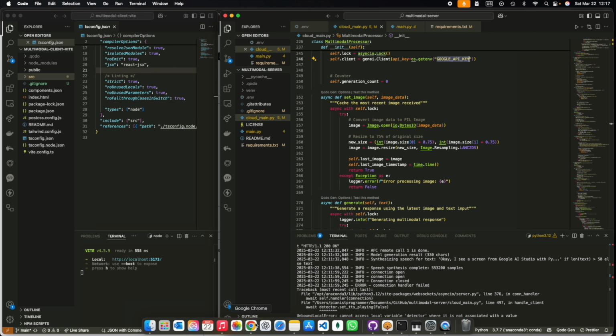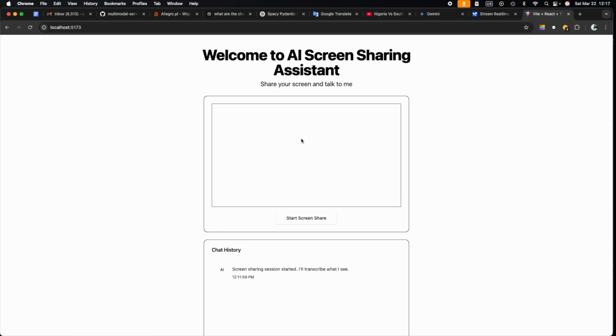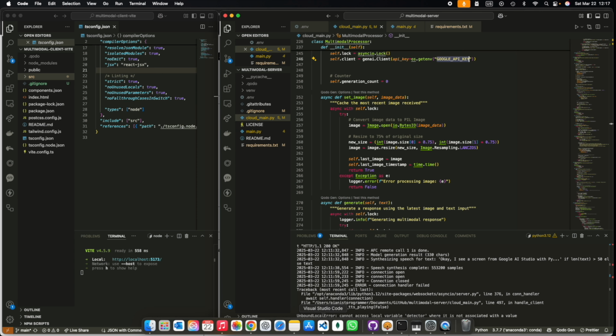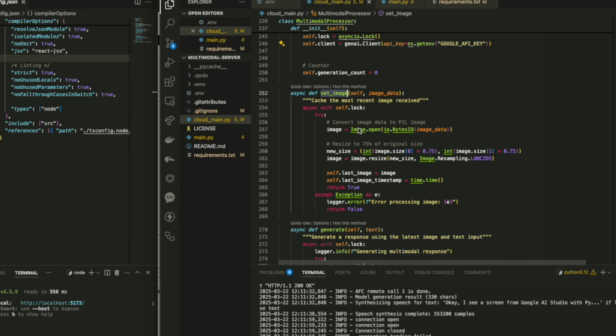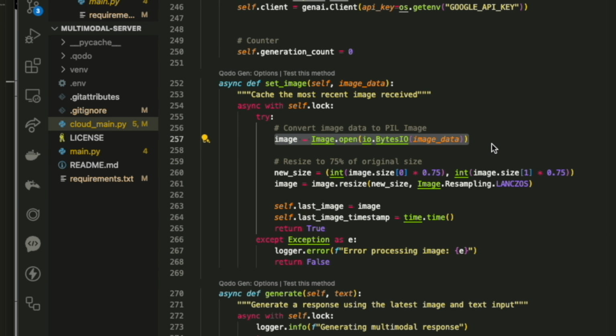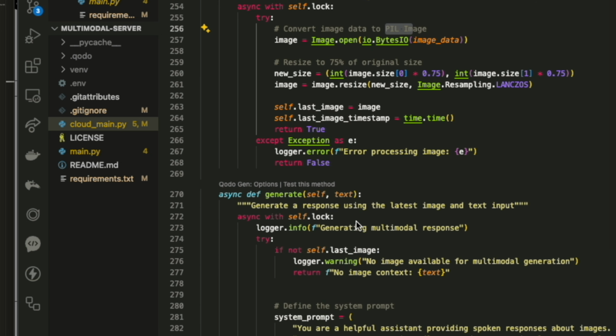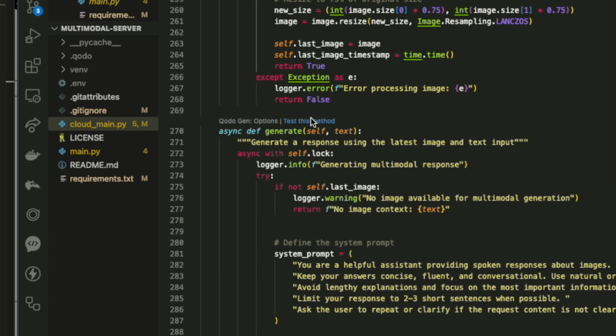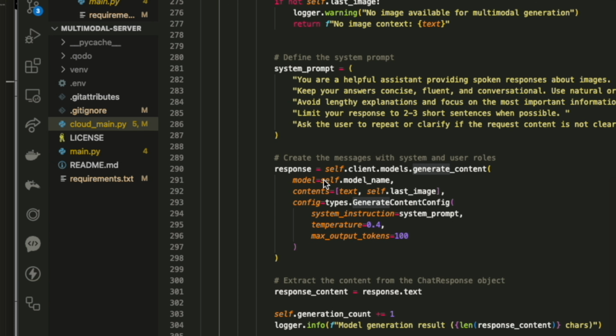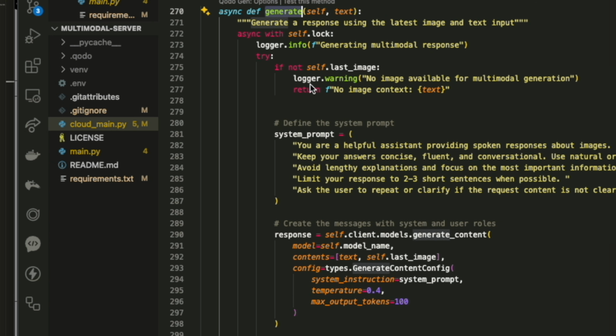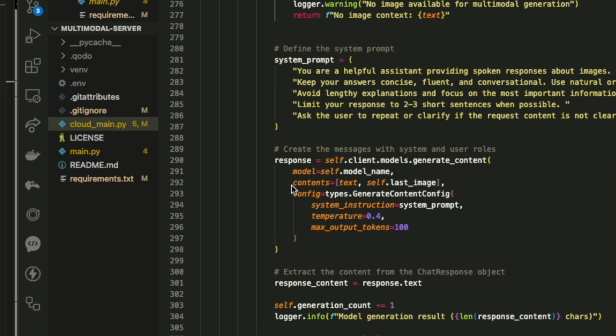So every time that you share your screen here and something changes, it captures that as an image. So it sets the image, and all we are doing here is just to convert this to display image, and we pass this image into this generate method. So eventually you have that self.last image, which is what we need here. So this is the content in order to generate